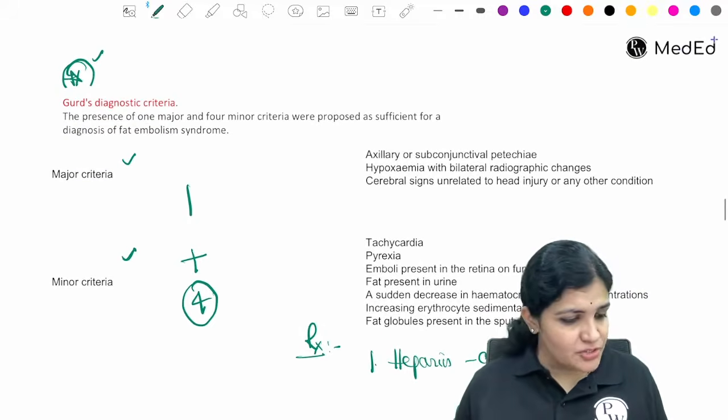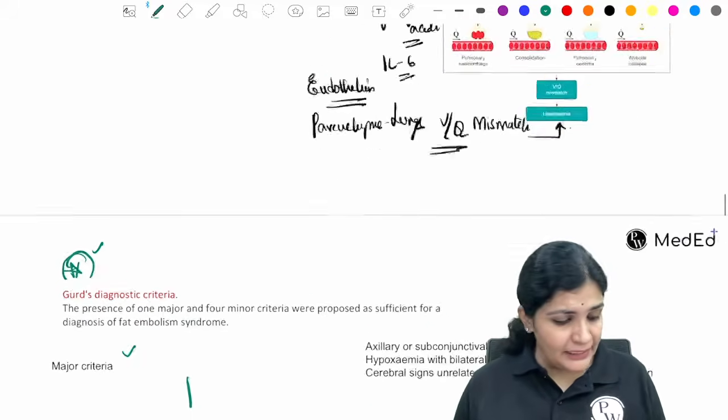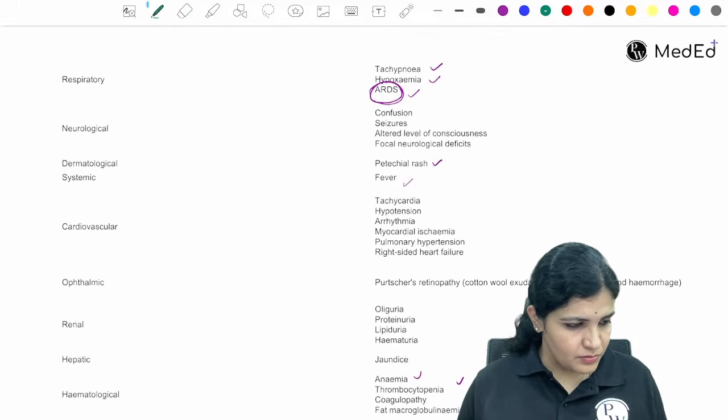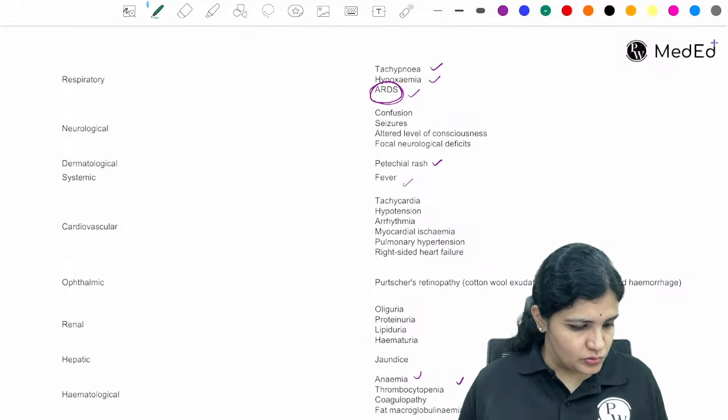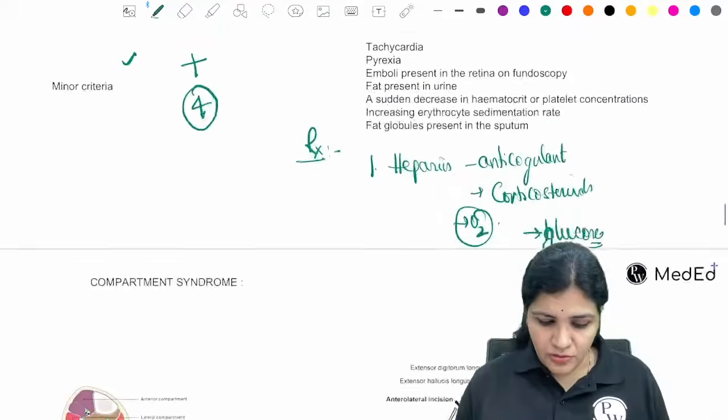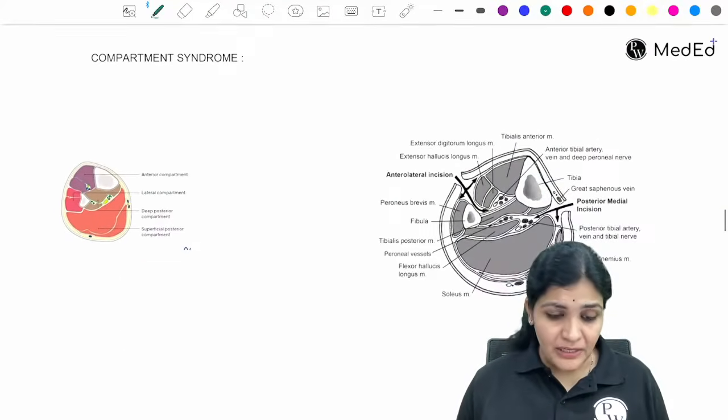Okay, now have you understood the fat embolism syndrome? Any doubts, guys? Okay, so now that is your fat embolism syndrome. Then coming to